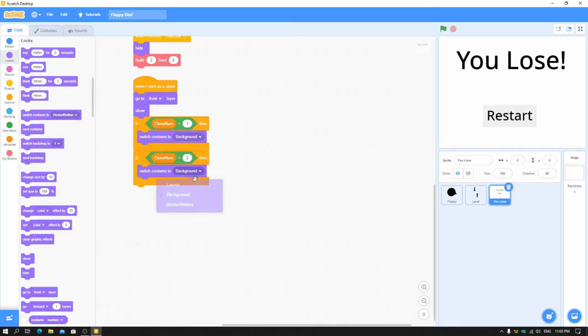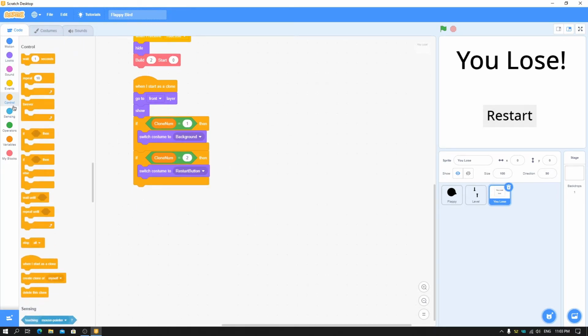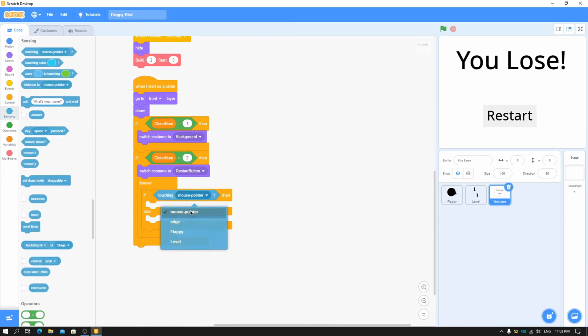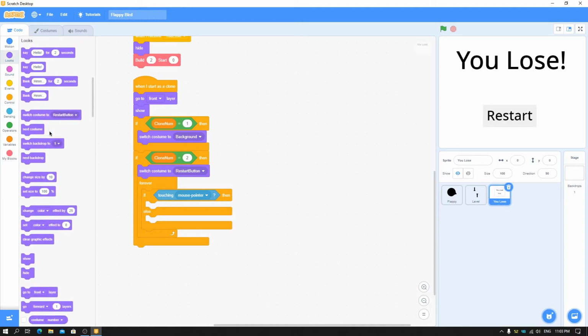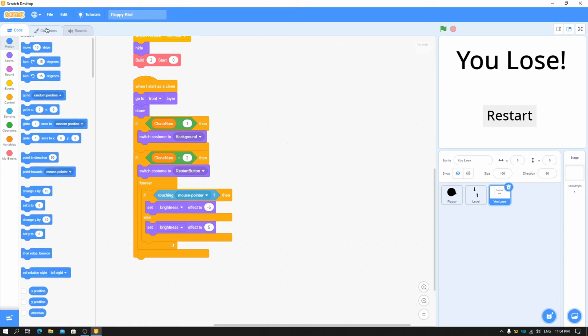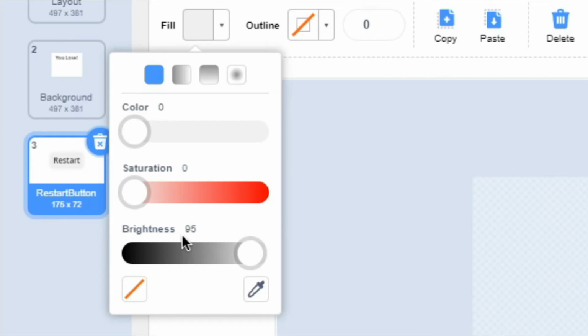Now clone number 2, let's switch to costume restart button, put here a forever loop, and if else touching mouse pointer, we'll make an active effect. So just set brightness effect to say -5, and here you can see we have a gray button. To make it invisible, or just have this restart and not the box beside it, you can just set it to 5. As you can see, the brightness is 95.